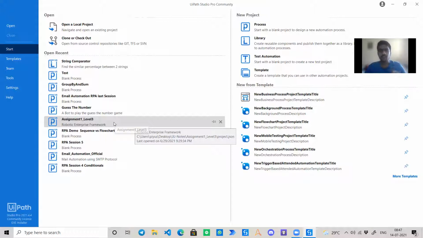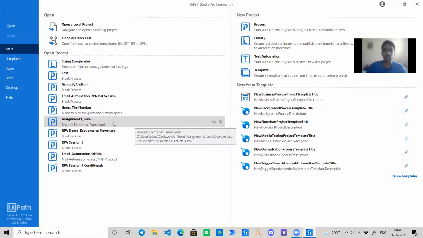Now one would say, why don't we just use Invoke Workflow File? Okay, we can use the invoke activity and again use that component, but the problem is that would be useful only in one project. What if that particular component, or set of activities, that you have built needs to be used across multiple projects? Then copying that particular XAML across all those project folders won't be a good habit. It won't come under your best practices.